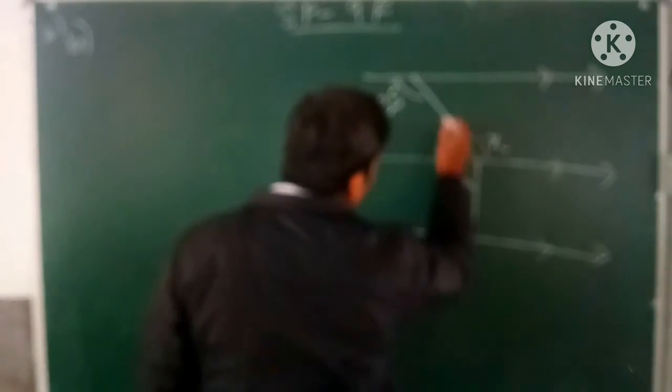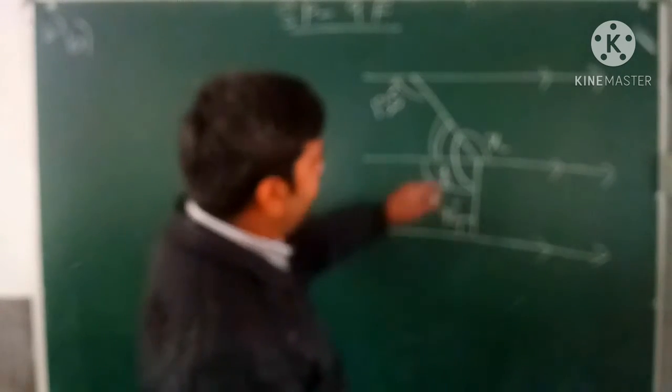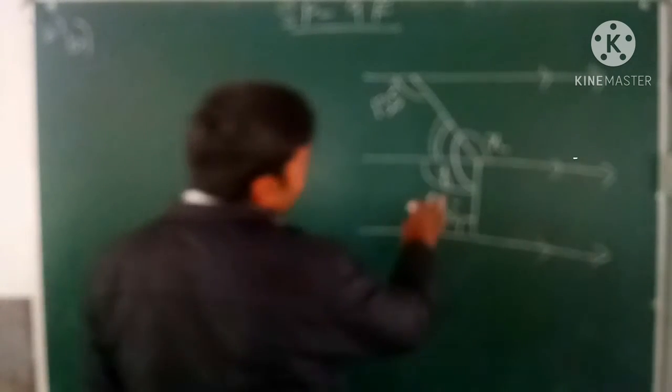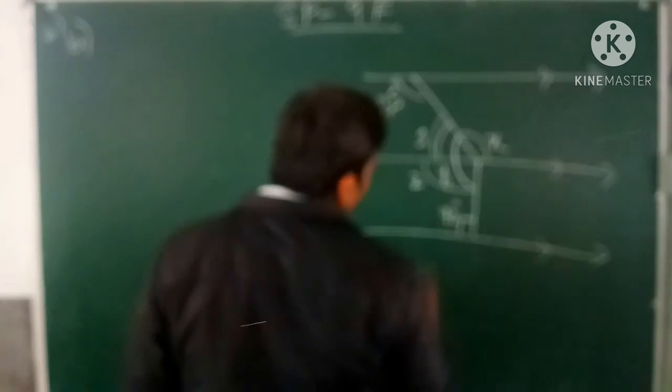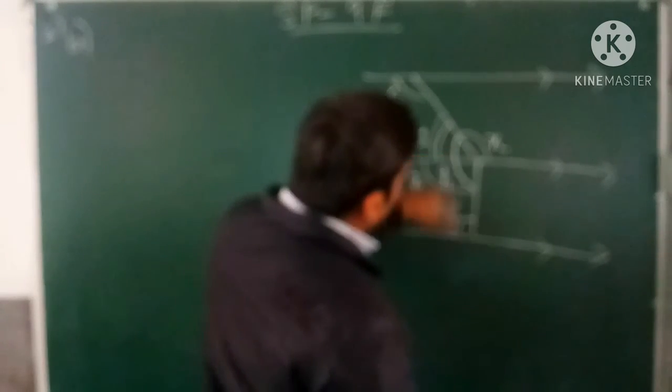Now these are the parallel lines. We have to find this angle x and y. This angle y is entirely made up of two small angles, this one and that one. If you combine these two angles, then we get the angle y. Or we can break it: let this angle be 1 and let this angle be 2. Now angle y is equal to 1 plus 2.